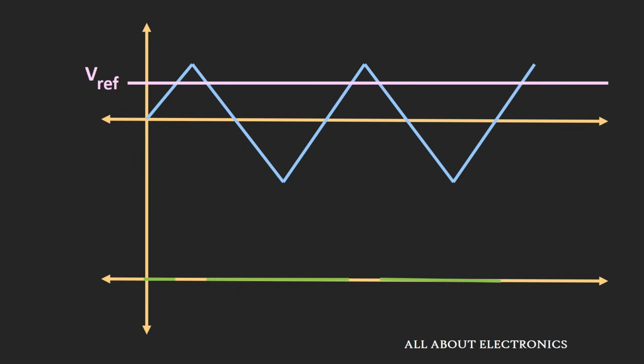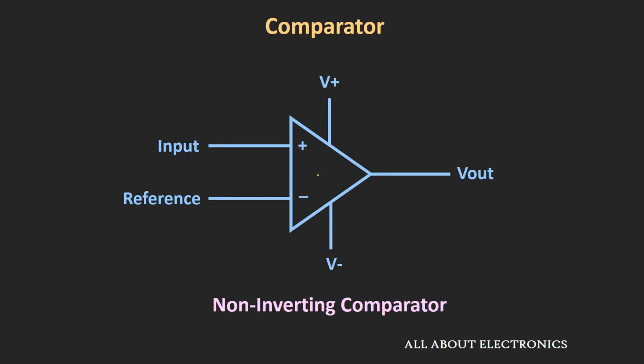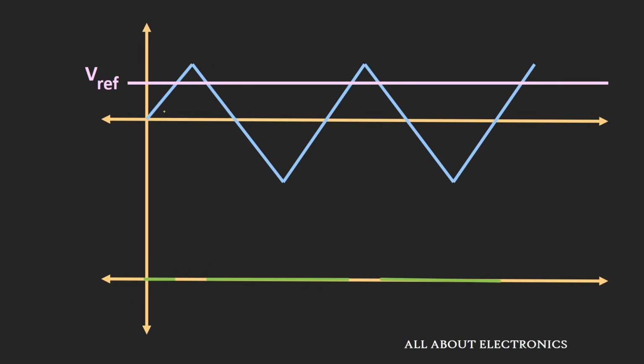Let us say here we have two input signals. One is the triangular wave which is applied as an input to this comparator, and the second is the reference voltage. Assume that this input is applied at the positive terminal of this comparator. When this input signal is less than this reference voltage, the output of this comparator will be low. As soon as this input signal goes beyond this reference point, the output of the comparator will be high. For this particular duration, the output of the comparator will be high.